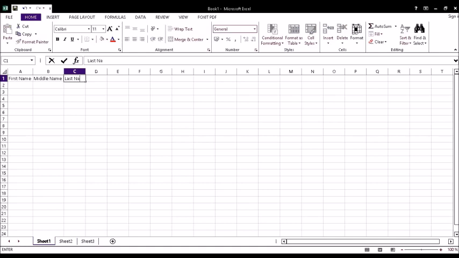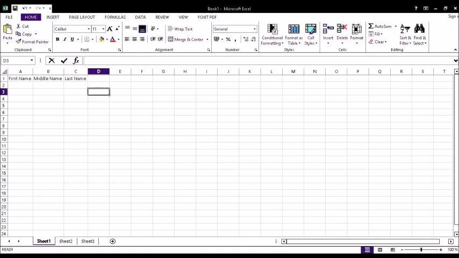Then we're going to have grades: grade 1, grade 2, grade 3, and so on, as in the different assignments given. And then you have average. Good. So the first row, which is row 1, was used to